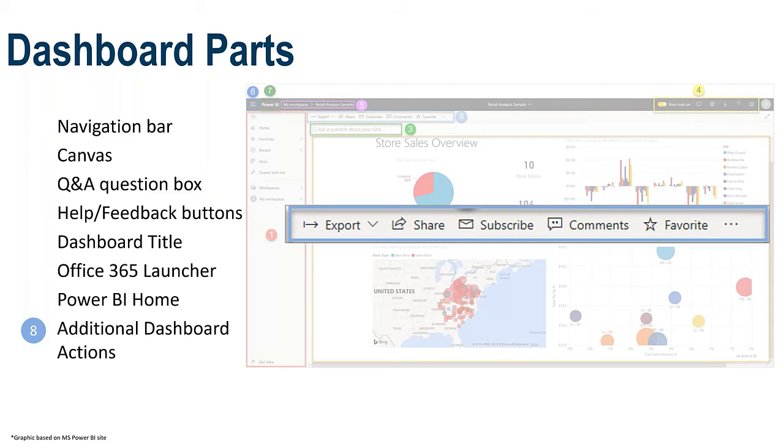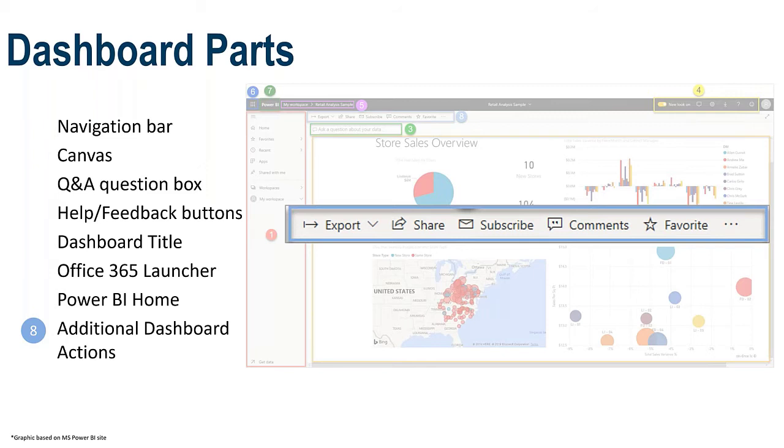So the service is actually updated on a weekly cadence, and then the Power BI desktop application that you download, that is updated on a monthly cadence. So they're constantly releasing new features. So what shows up in these additional dashboard actions can change all the time. I've given up trying to keep this little piece up to date because it changes so frequently.